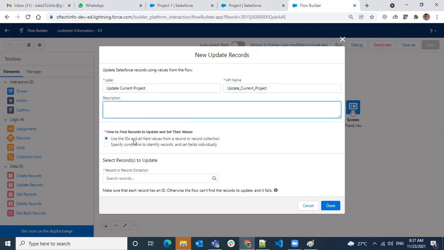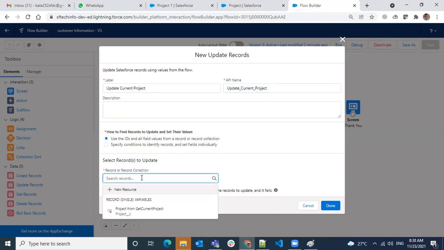Fine. Use the IDs and fields from the record of a record collection, specific conditions. Okay, I want to use all the record collection. So I have this record. If you have the first one, you can directly pick the values. If it is the second one, then you will be writing a query again. So I want to use the first one.